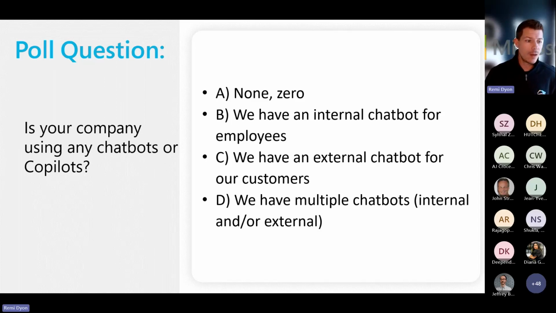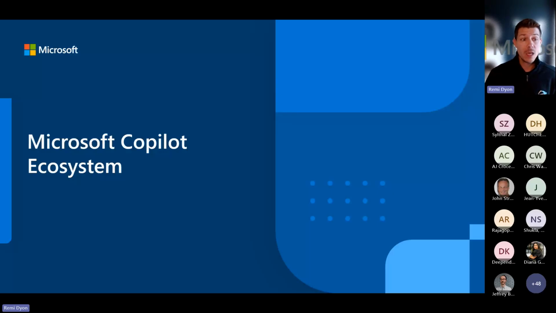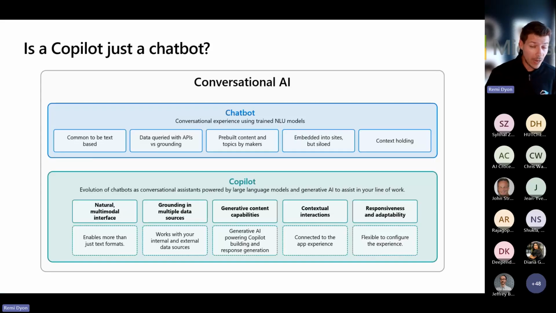All right, while everybody's answering that, I'm going to start and dive into our main topic, the Microsoft Copilot ecosystem. Because if you were at Ignite, we didn't just talk about one Copilot. But before we go into that full ecosystem, the first question that comes to mind is, what's a Copilot versus